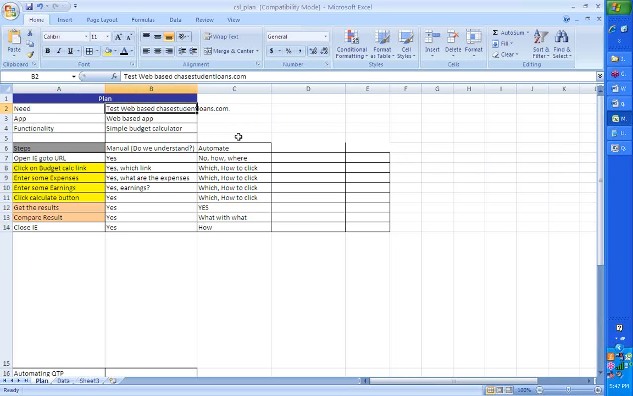What is it that we can do? All that we did is open that application. We clicked on the budget calculator link, we entered some expenses which students would have, some earnings that they would have, and then clicked on the calculate button, and that application is returning results of how much loan they require. So I am saying now I would like to teach these steps instead of doing it manually to an automation